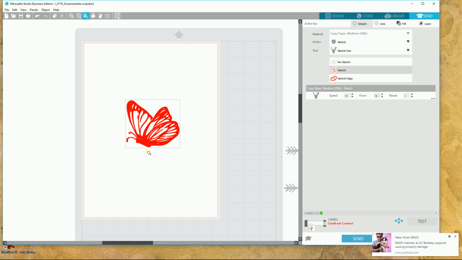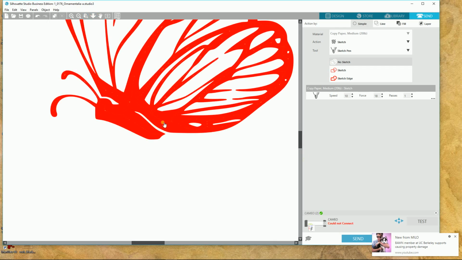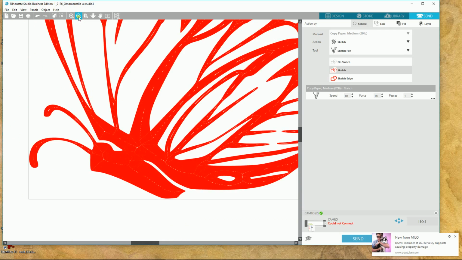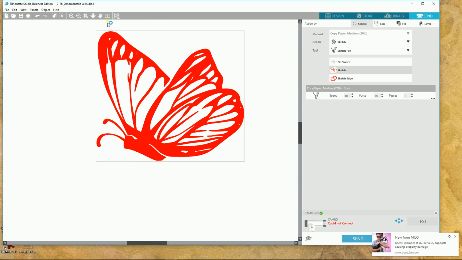And so that's all I do. Again, because I can zoom in, the more I zoom in, even though it's in red, see, now you can see that pen is going to work hard to draw each one of these lines in the butterfly. And you could set the 0.004 to something higher if your image is small. You might need all these lines if you're going to do an image